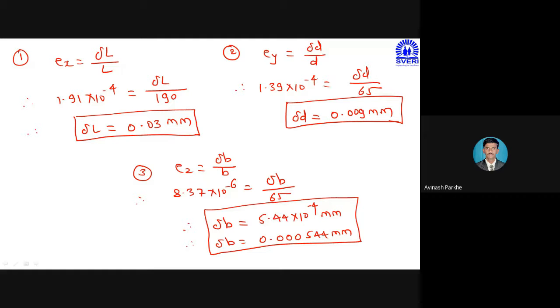So if I write the same answer in points, 0.000544 mm. So write down the unit also, it is very important. Others, please check your answers, find out epsilon x, epsilon y, epsilon z. These are again the three formulas for epsilon x, epsilon y, and epsilon z. Epsilon x means change in dimension, epsilon y is related to the change in depth because it is along the vertical axis, and epsilon z, along that your B parameter is present, that means width is present, therefore we have to calculate delta B. So like that we have to calculate the change in dimension.